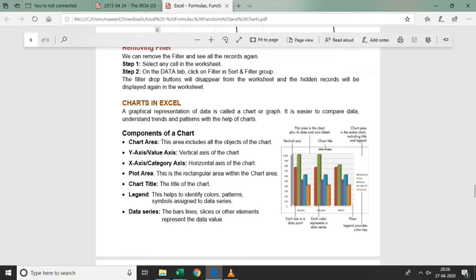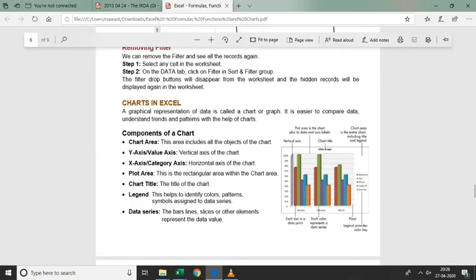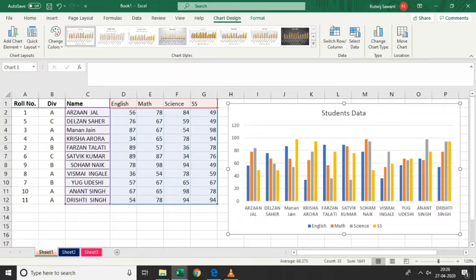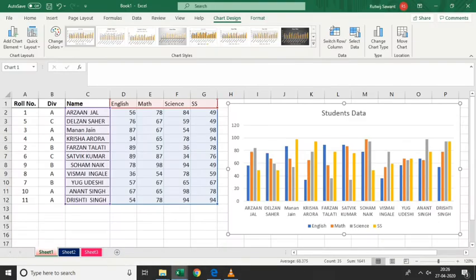The plot area is the one where you can see your data, the graphs drawn within it. Only this part, from x-axis to y-axis, is called the plot area. Then we have the chart title, which I already explained.